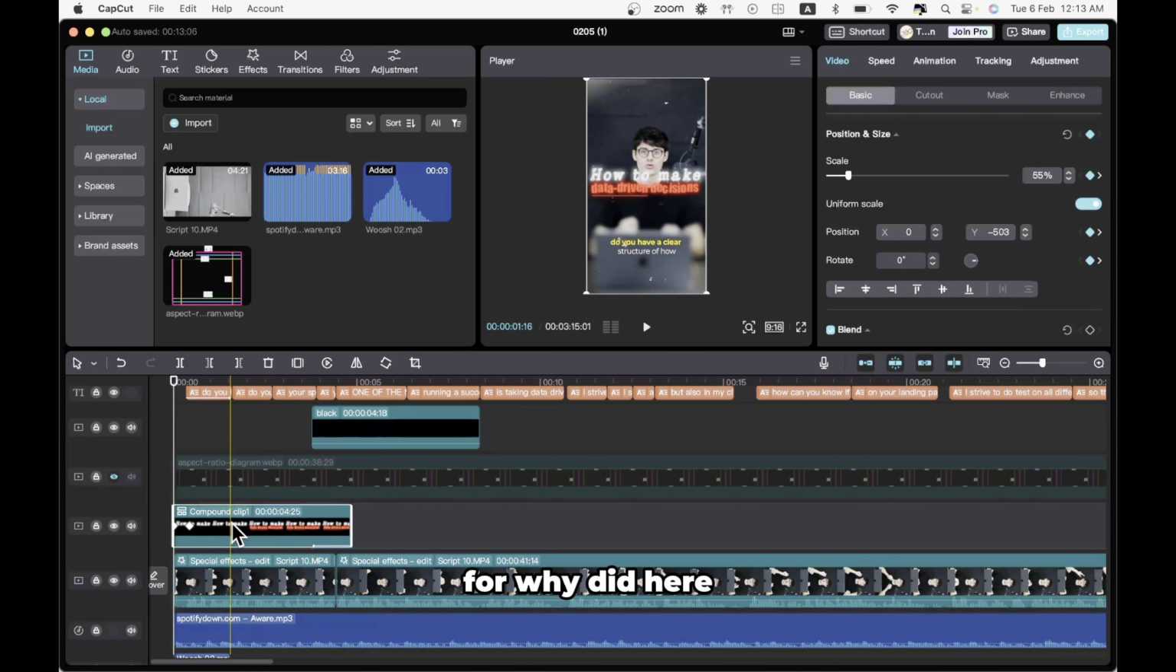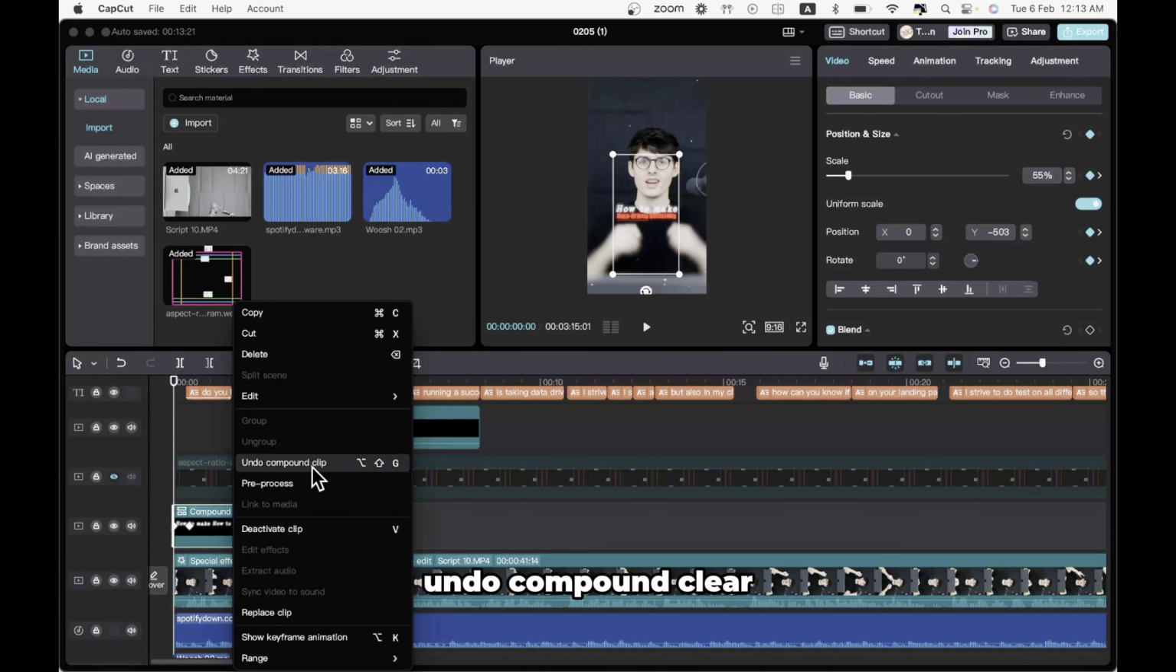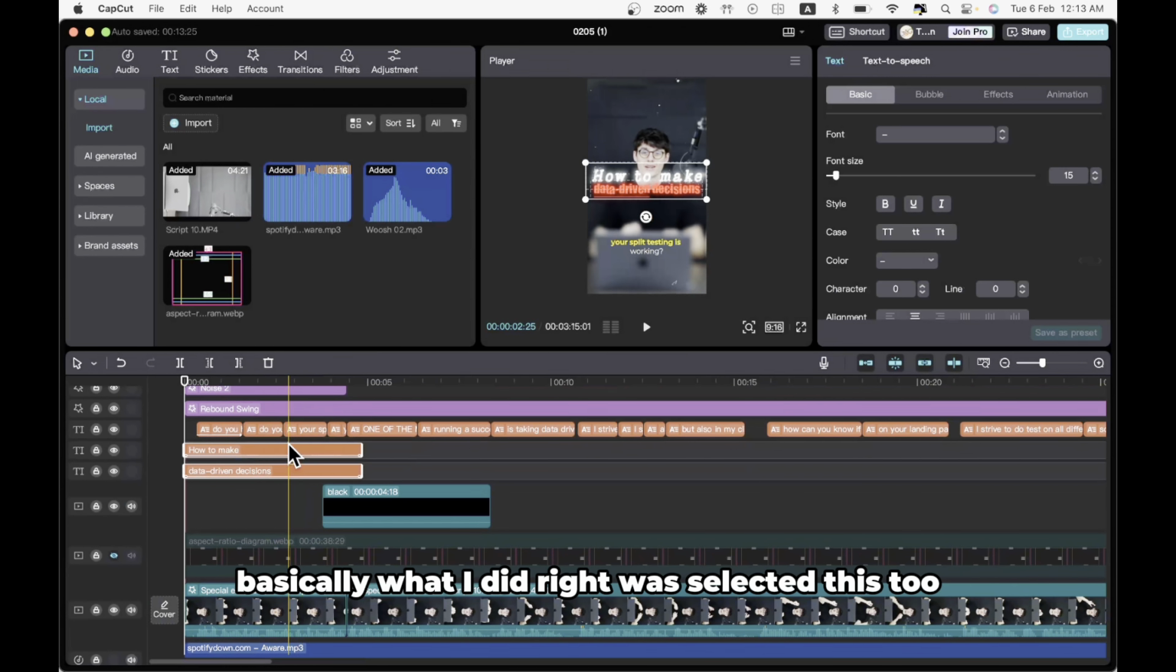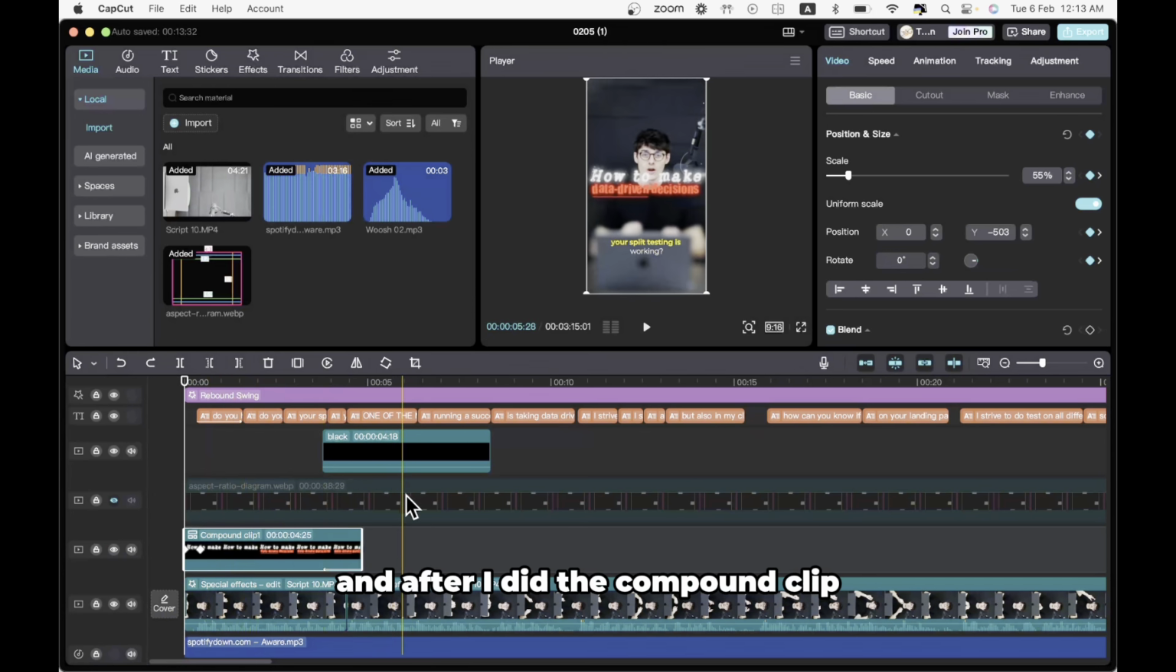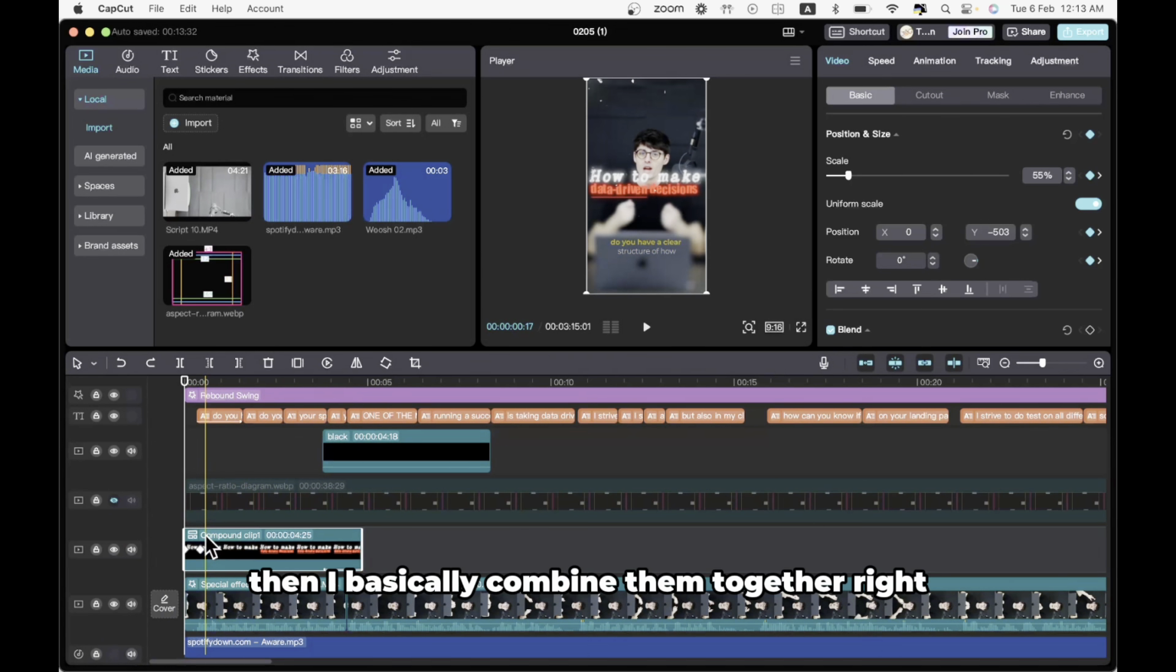For what I did here, oh my god, it's so stupid that this didn't show. But okay, I'm just gonna undo it. Undo compound clip. Basically, what I did was select these two, and then I pressed compound clip. Okay, and then after I did the compound clip,